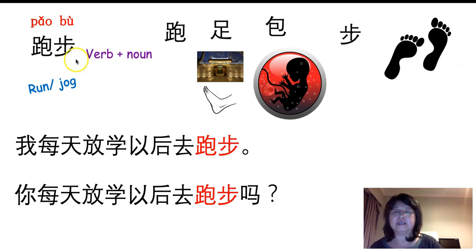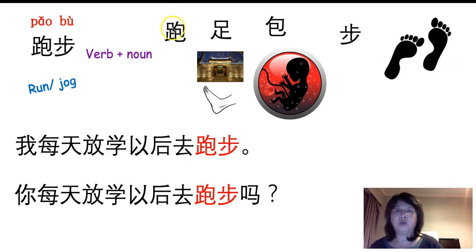So it's a verb and a noun structure, but we can treat it as a noun. 比如说，我每天放学以后去跑步。I every day after school 去 go to have a run, 去跑步。你每天放学以后去跑步吗？So we add 吗 to turn that into a yes and no question. 跟我读，我每天放学以后去跑步。你每天放学以后去跑步吗？